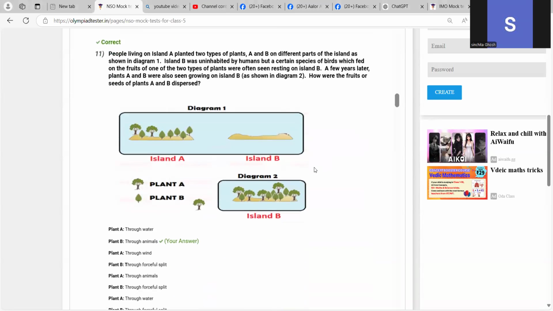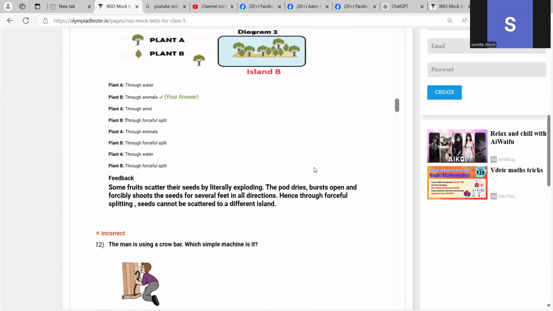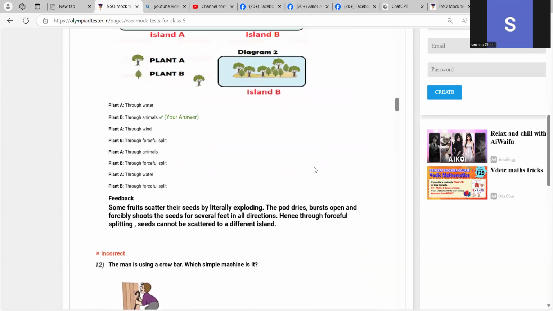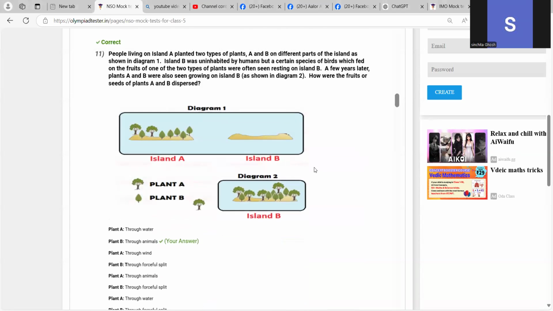Complete this paper within the time, so I'm showing you the answers now. See, number 11, you have done it wrong. Your answer was through animals, it was correct, but